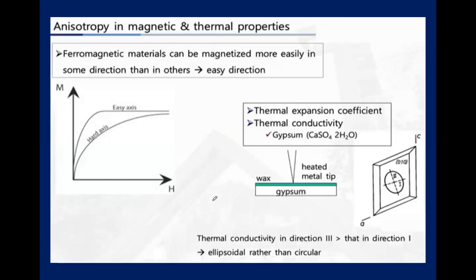And some magnetic and thermal properties are also anisotropic, right? It results in different thermal expansion coefficients, right? And thermal conductivity, right? For example, gypsum, right? They have different properties along different directions. Okay, so these are the general types of anisotropic features you can expect in crystals, and you remember these are not constant for everything, right? So it depends on one mineral to another, right? So therefore,